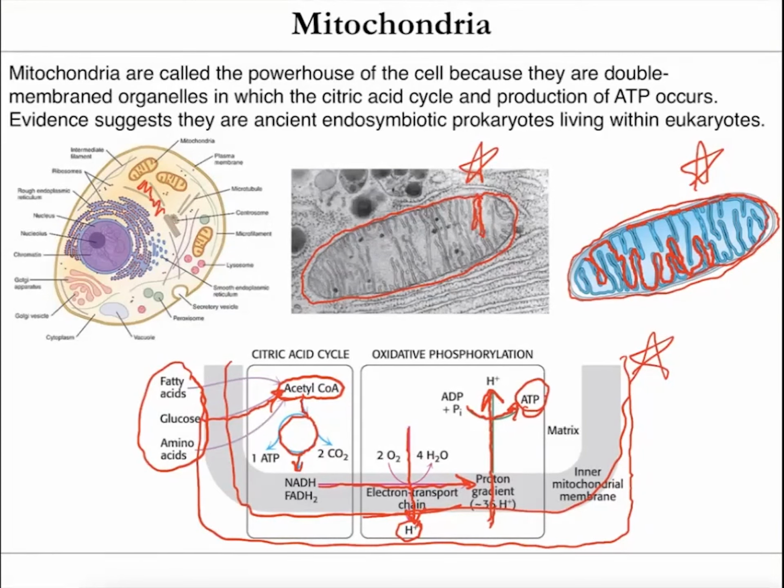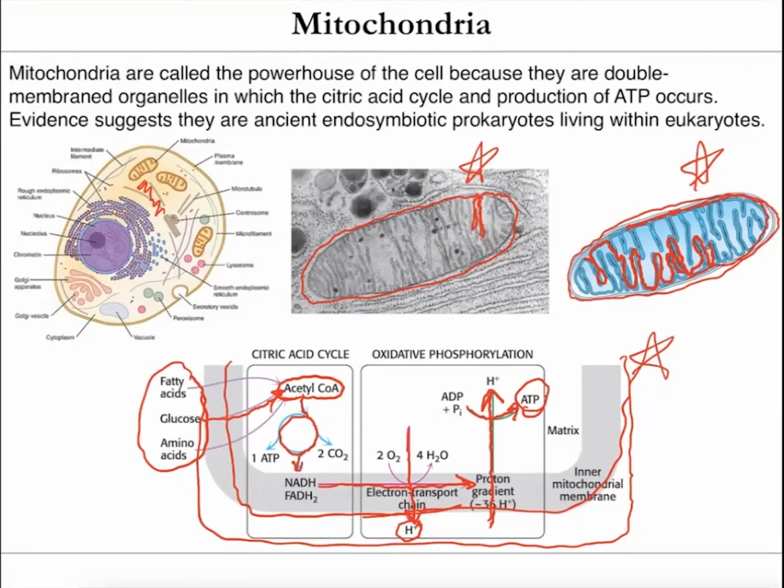And that ATP is the universal energy currency of all living things. So the mitochondria are really important for making a bunch of ATP for your cells. They make most of the ATP that you use to do anything in your cells, including what I'm using to talk to you right now.